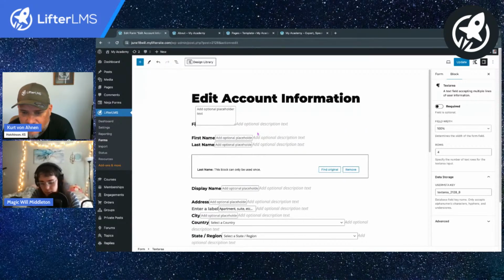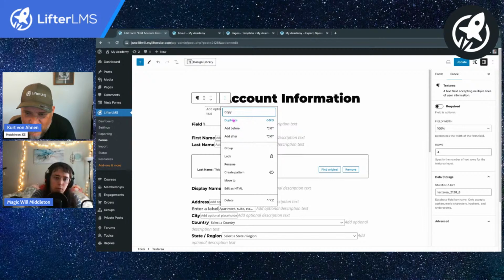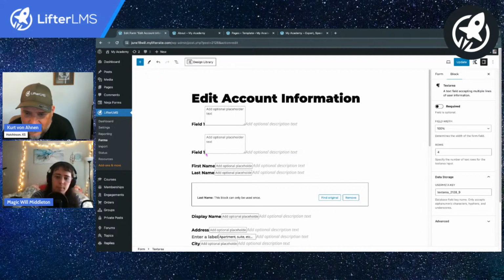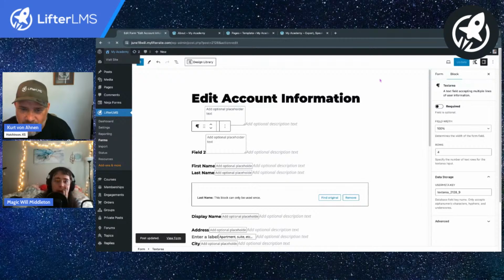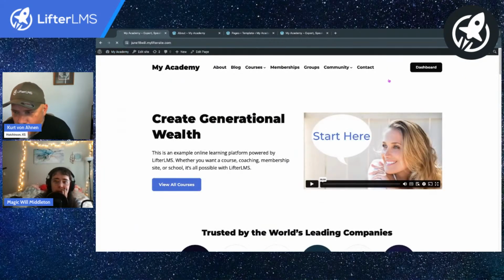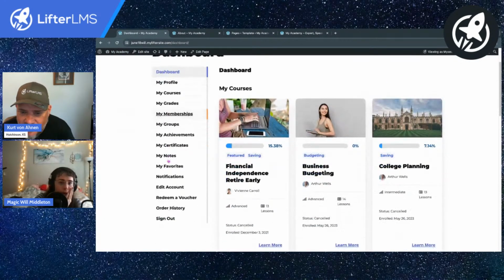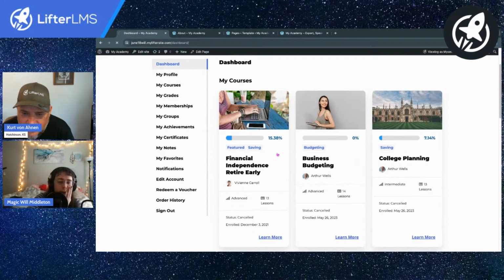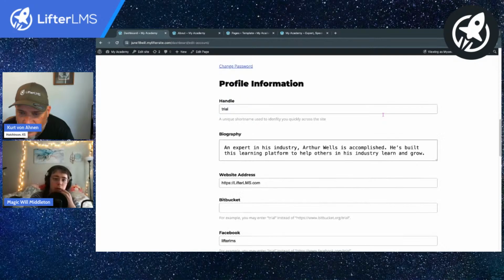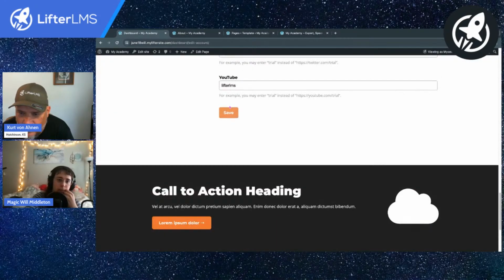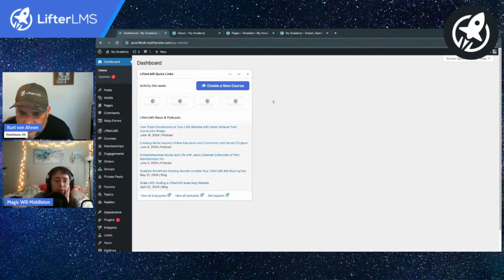Field 1, that's field 2. So you can make a billion fields for each of your survey questions over time. Let's hope that this displays on my edit profile screen. Edit accounts down here. Oh, here it is. Okay, so now that this is available, what you can do is see this on the back end of WordPress.